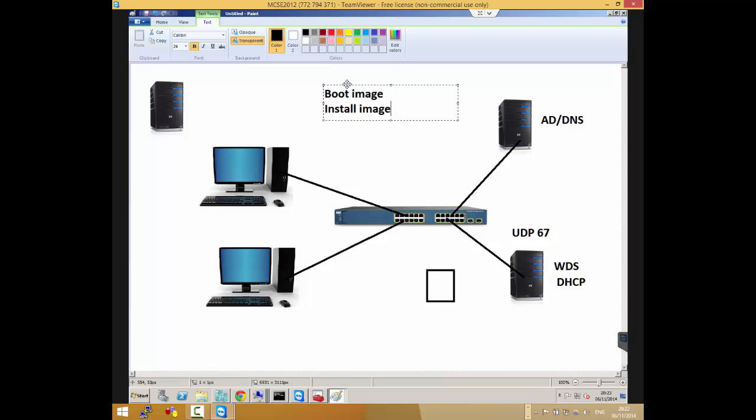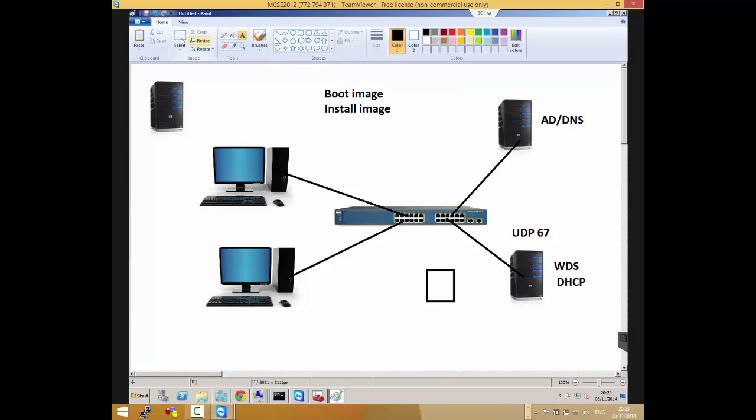Good, very, very good point. The other thing that I would just add to that is that so again, let's use this one. This guy goes and talks to this one, loads the WDS MBP .com file, which tells it which boot image to load.